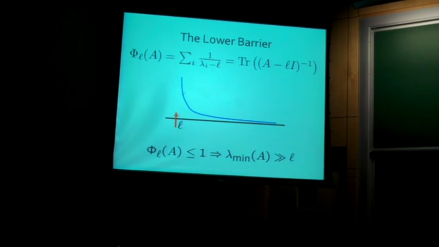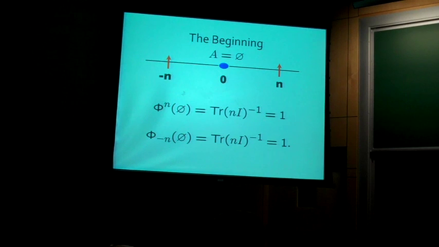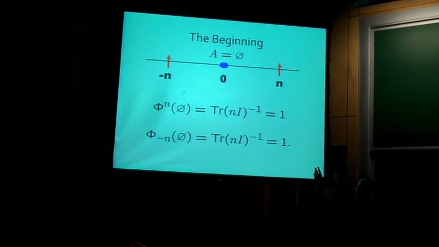Okay, we also make a lower barrier function. It's the same thing. We want the eigenvalues to be above the barrier, so we take the sum of the reciprocals of the eigenvalues minus the barrier. And for induction, we always want this barrier function to be less than or equal to 1. And now here's the way the argument goes. In the beginning, we put our barriers at n and minus n, and all the initial eigenvalues at 0, so you can evaluate the values of the barrier functions. It's really n times 1 over n. So the barrier functions start out at 1.